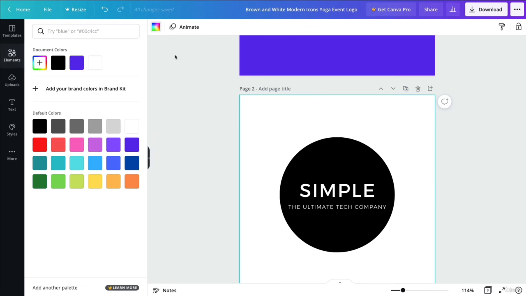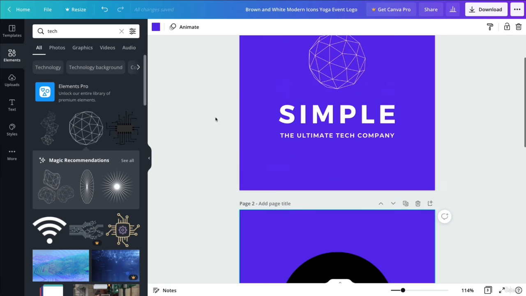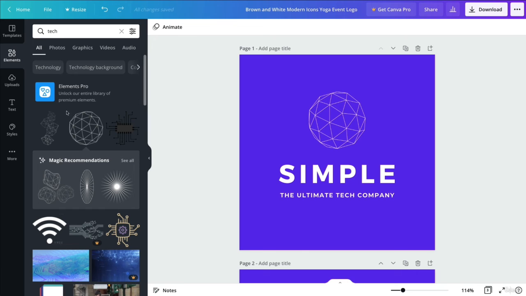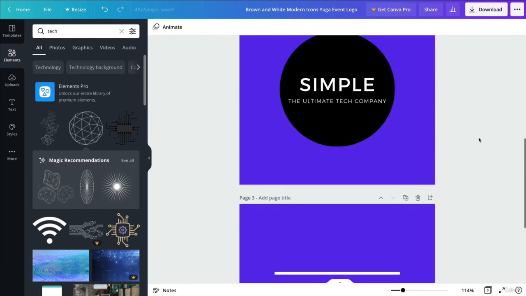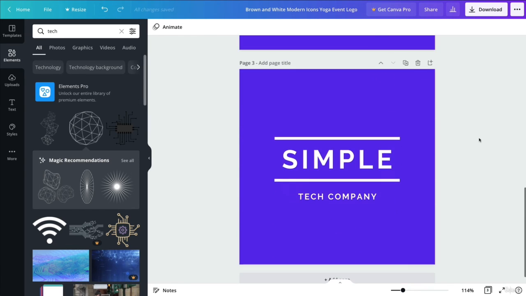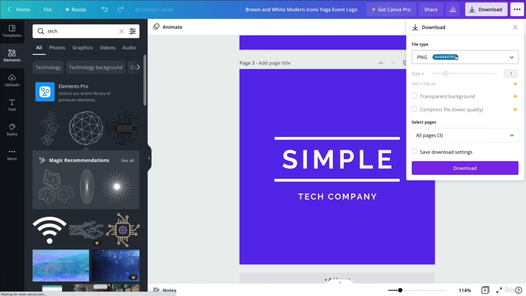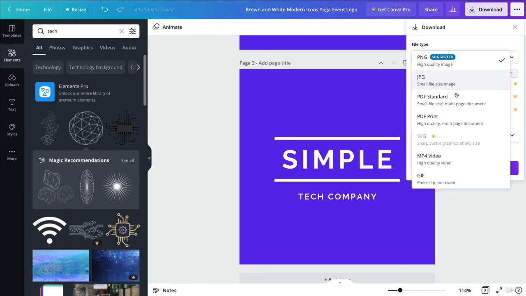And one thing that we can do right now, if say you wanted to send some variations of these logos to a client, is you can simply download all of these, and you can download them, for example, in a PDF standard. This would be ideal since it's a small file size.